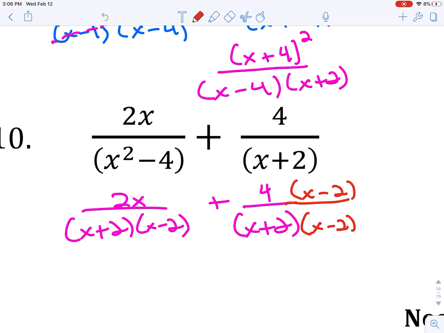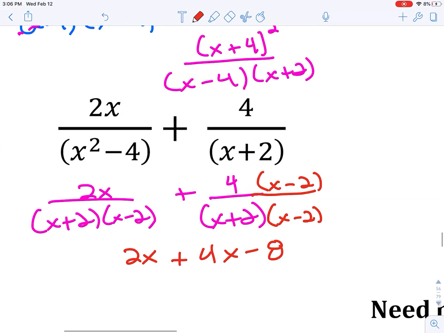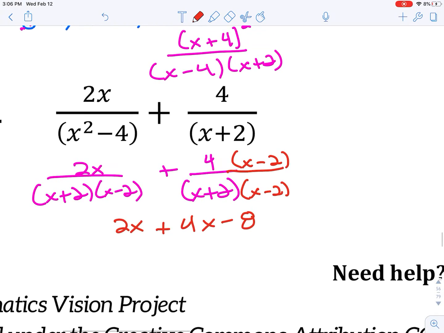and the bottom. Please note that that does not change the value of our right fraction. All we really did was multiply it by 1 because x minus 2 over x minus 2 is 1, but what we did do is we did give them common denominators. And now that we're adding, we're going to have 2x plus 4x minus 8 over our new common denominator. So that would be a total of 6x minus 8